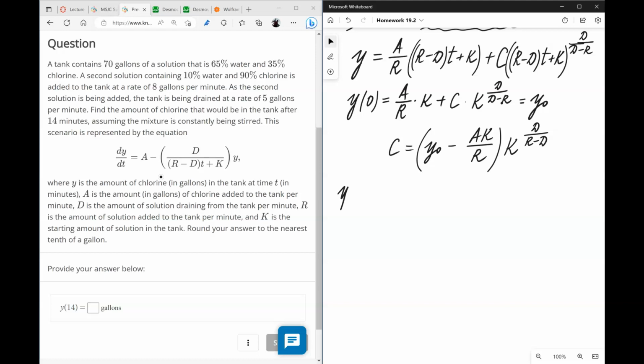So finally the original function will be equal to a over r minus d times t plus k plus, so this is my c, y0 minus ak over r times k